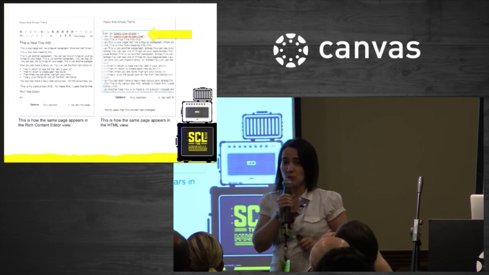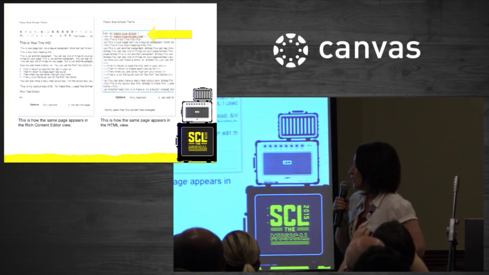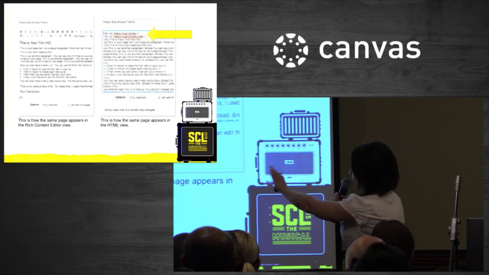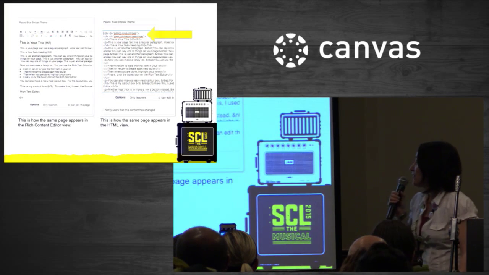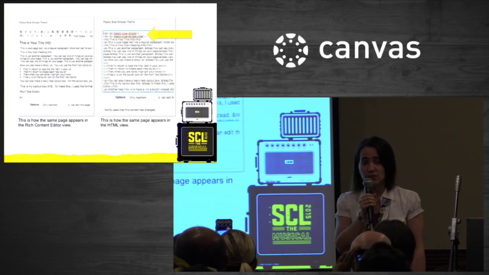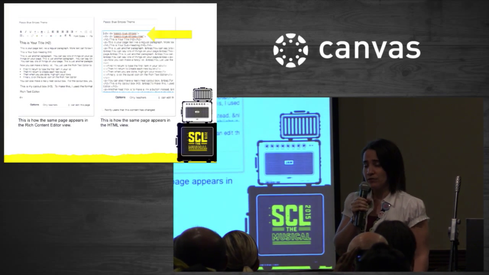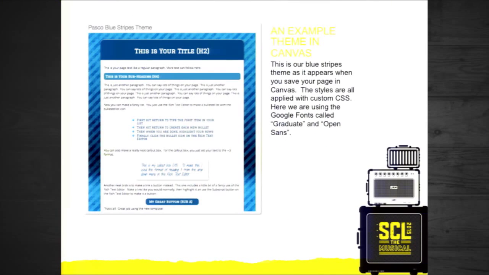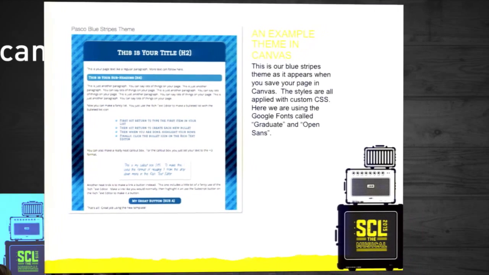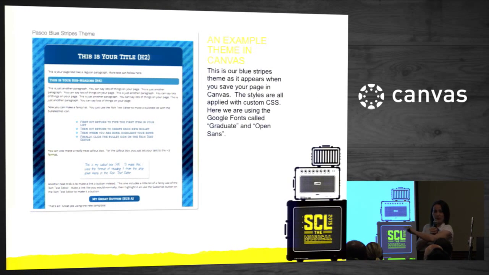This is what it looks like when you go to the rich content editor. So over on the left-hand side, I'm terrible at left and right, the left-hand side, that's what it looks like when you're editing the page. All the teacher is going to have to do is you have to give them a little bit of a style guide. If I go back right here, the sample that we give them tells them what to do. See how at the top it says, this is an H2, this is an H4. If they can just print out the sample, then they know exactly what they have to apply.